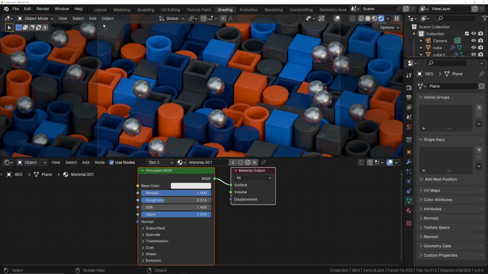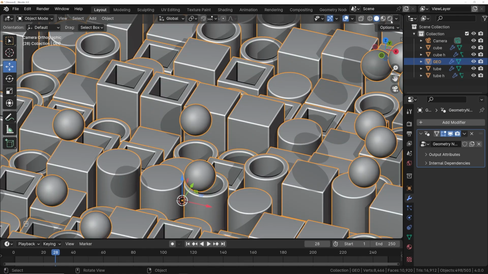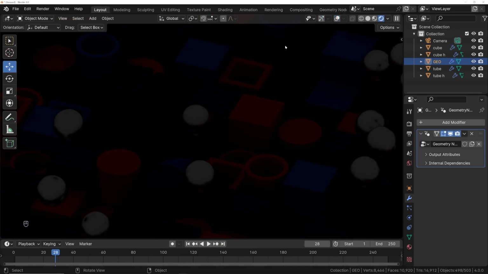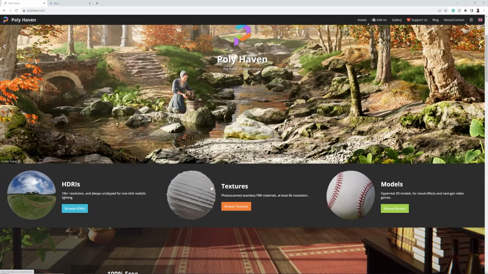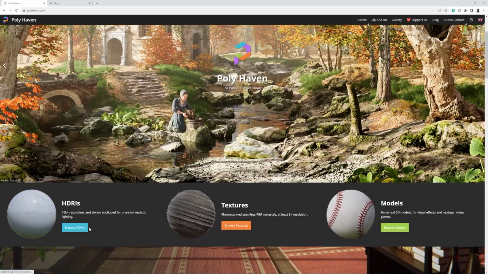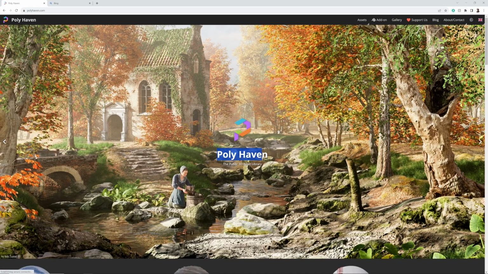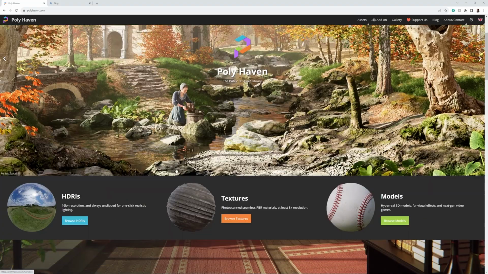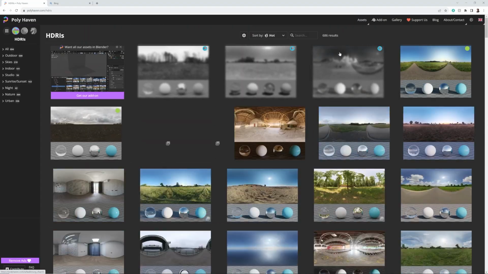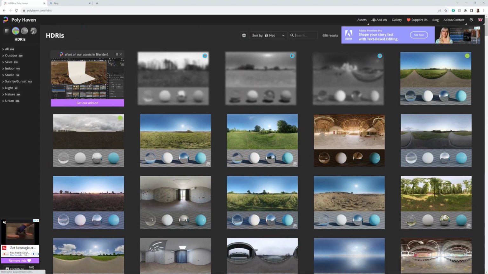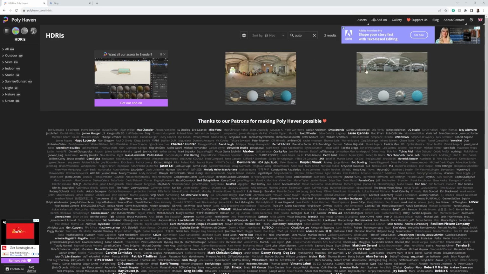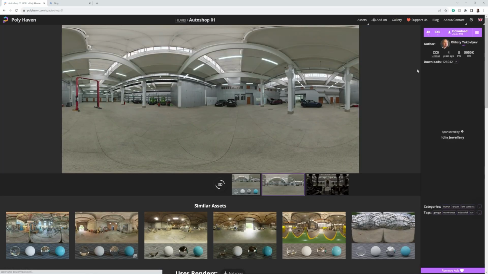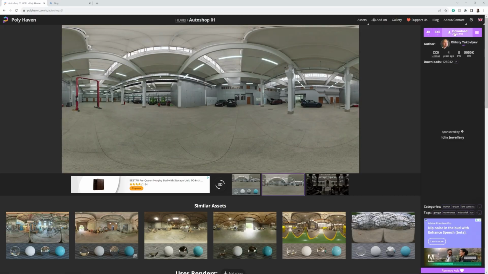All right. Now, all we have left to do is lighting. So the first thing I like to do when it comes to lighting is get one big establishing light to handle my shadows. And that quite often ends up being an HDRI. It's not my main light, it is my supporting light. So what I like to use is Polyhaven, completely free HDRIs. And we'll go to HDRIs, and I'm going to use the Auto Shop. So if I type in Auto Shop, this is really my go-to HDRI, and then 4K EXR,